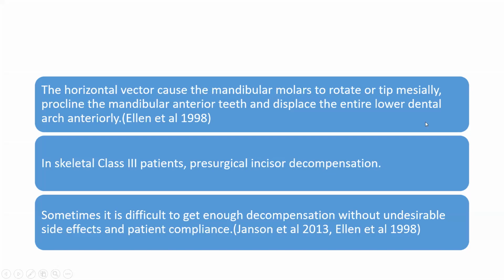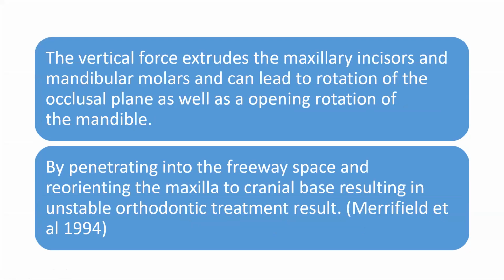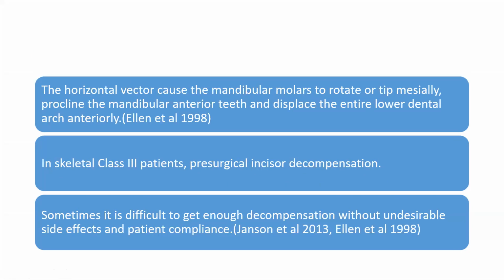So the class 2 elastics have a horizontal component and a vertical component. The vertical component causes extrusion of the mandibular molars, which will penetrate into the freeway space, reorienting the occlusal plane. And the horizontal component, what it will do